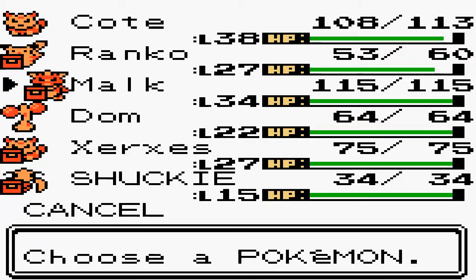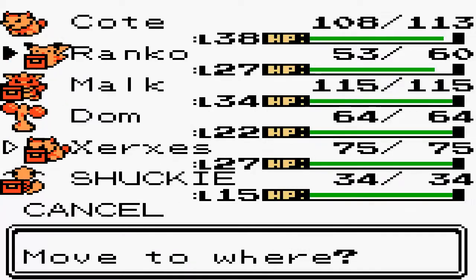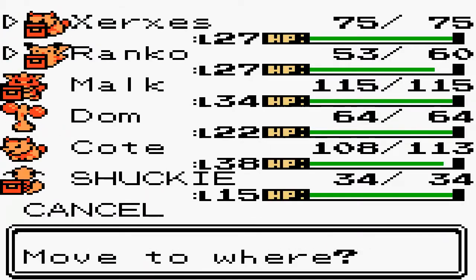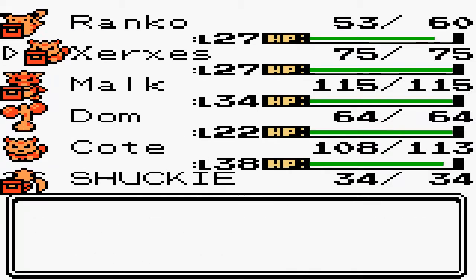So for that matter, I want to start training up Xerxes and Pikachu just to get them up in levels, because both of them are going to be useful in the long run of things. I believe Ranko's probably going to be the best thing to use to train with right now. So what we're going to do is I'm going to take off Xerxes' Charcoal, remove